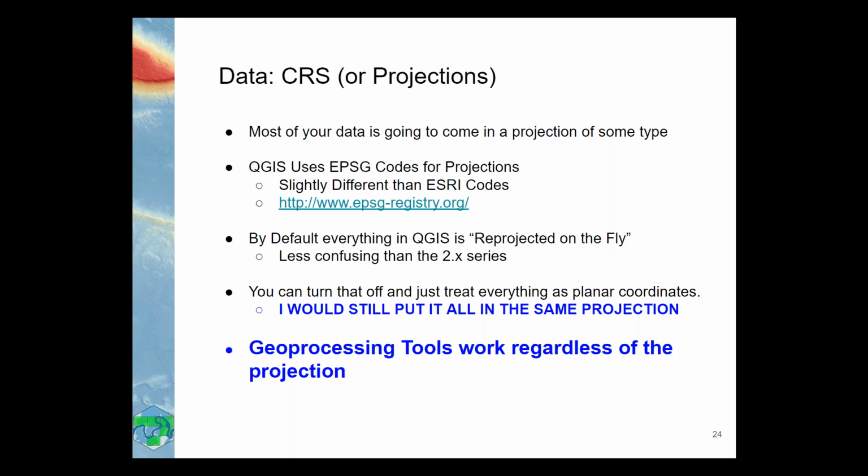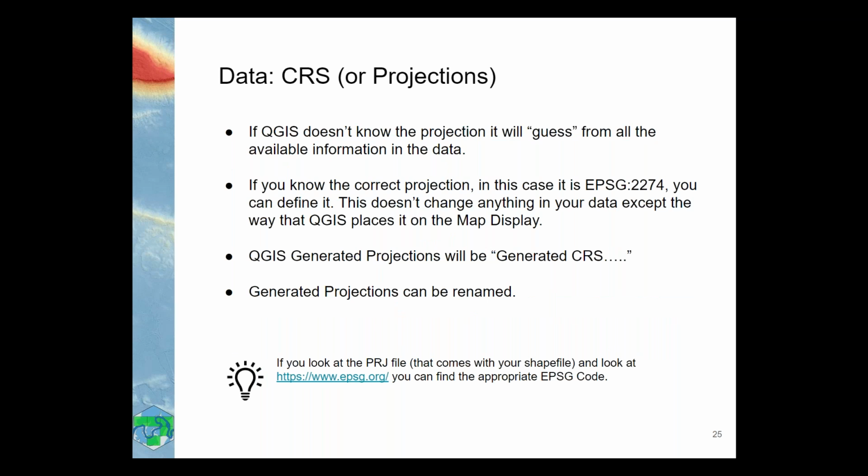I like to keep everything in the same projection. I think it makes your life a lot easier, and there are fewer questions. But some people just kind of run with it. Don't worry about it. Regardless, the geoprocessing tools are going to work, and everything's going to be good. QGIS is really, really good at guessing what the projection is. It will take every little bit it can and figure it out. If it cannot, it will generate a CRS. And usually the CRS is like